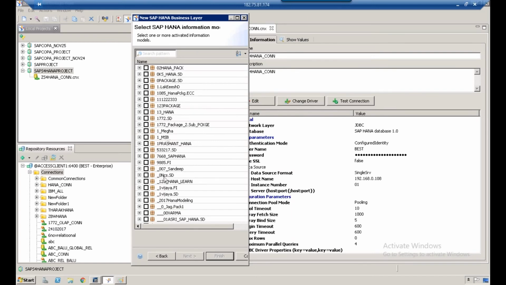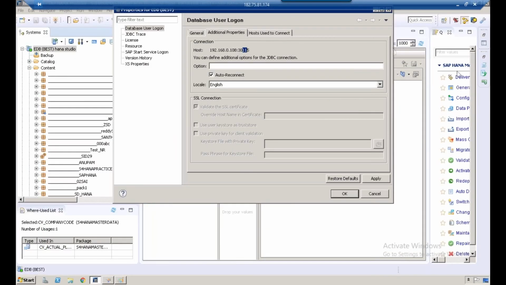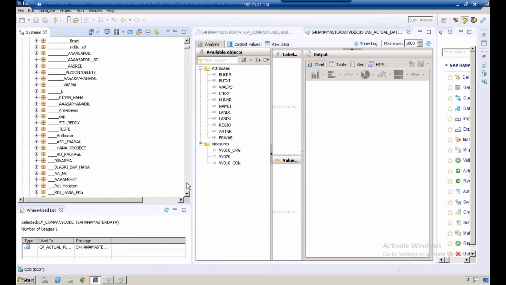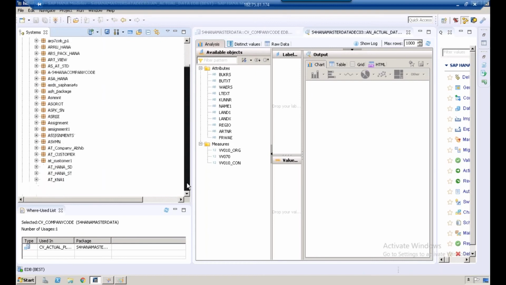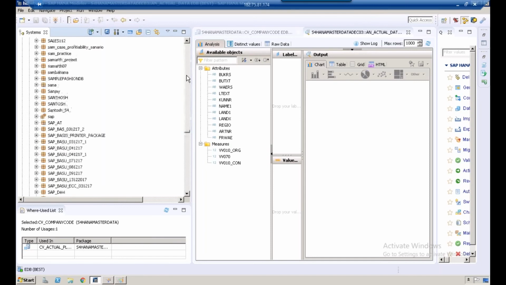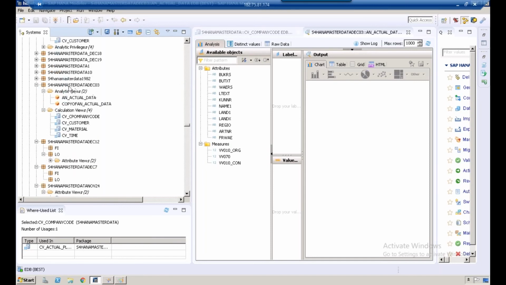Now these packages that you can see here are from SAP HANA. But what is our package that we are pointing to? Let us scroll to the bottom. Once you scroll to the bottom, please say participants, what is the package here? The package here is S4 HANA Master Data